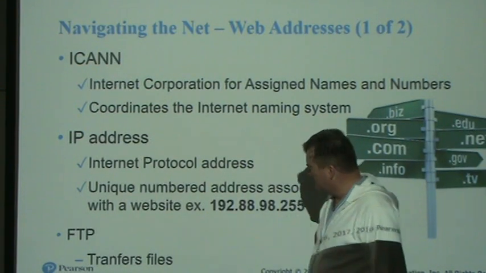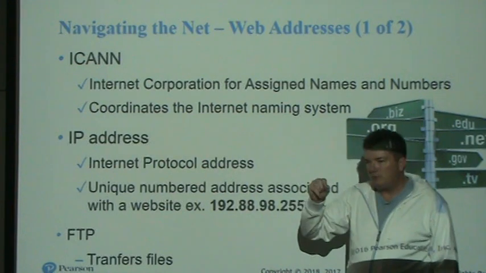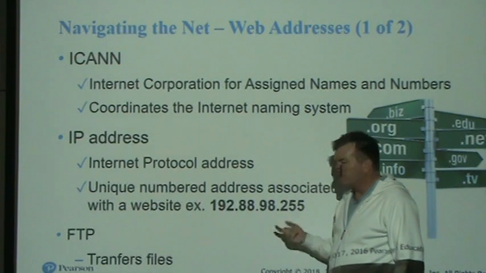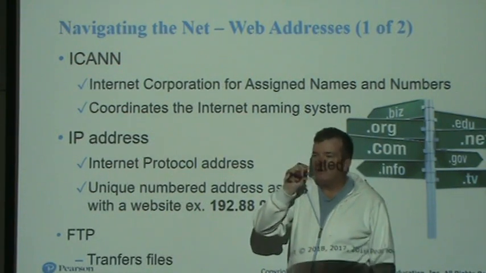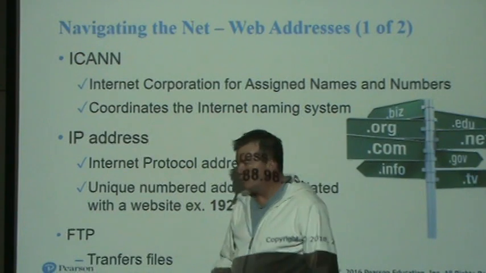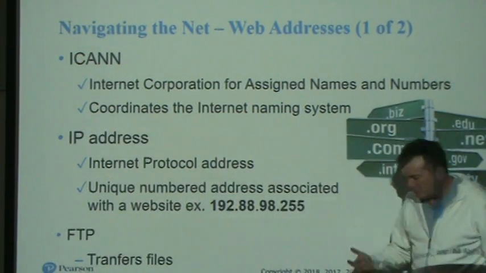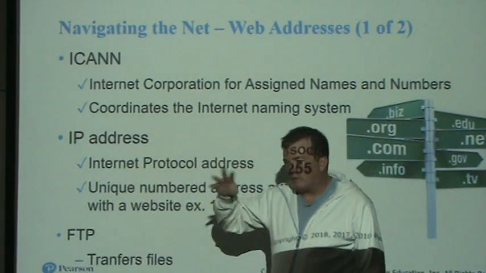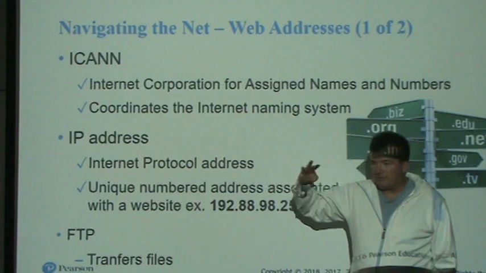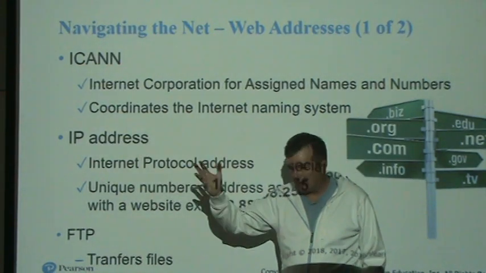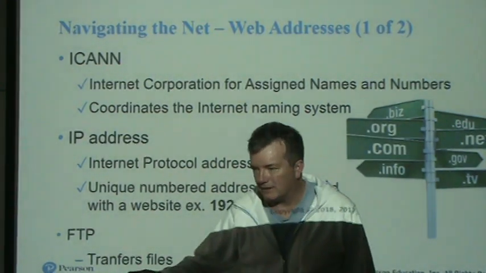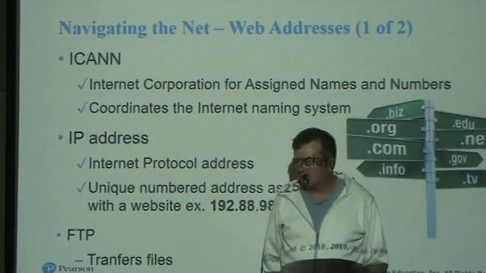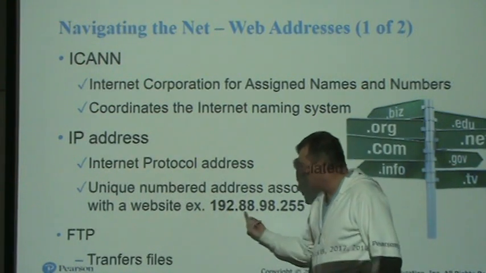So the reason for this is that it was stored in a 32-bit number. This is going to get a little computer jargon. 32-bit number, because 32 numbers that are either 0 or 1 would be an internet address. And if you had 32 bits, there's about 4 billion different combinations, 4 billion different possible numbers. Well, there's 8 billion people in the world, and many people have several IP addresses. You have one in your car, you have one in your pocket, you have 2 at home when your computer's at home. So it's going to get to the point where these aren't big enough.